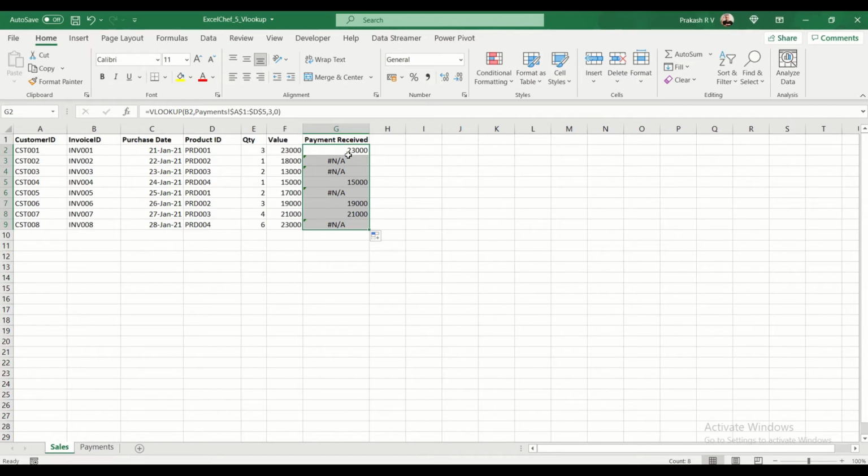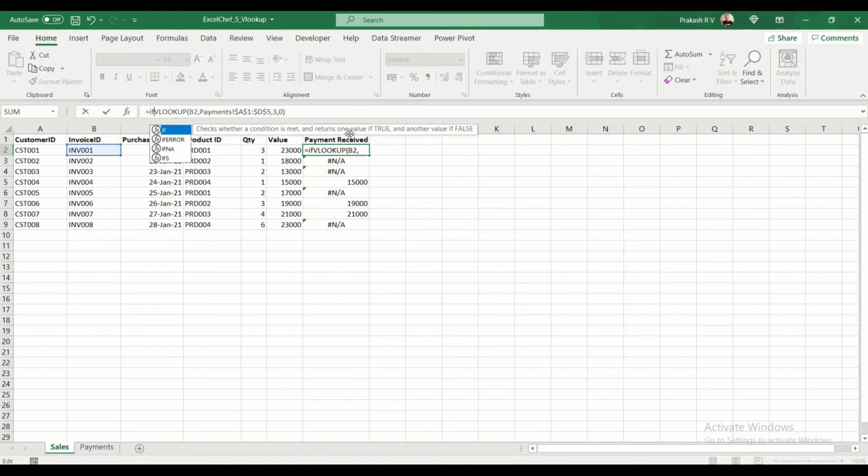One of the things is that now we have NA coming here. This is because this value is not found in the sheet, but it's better to have some defined value. How we can handle an error with VLOOKUP is there is a function called IFERROR. We'll say IFERROR. This is the value, the default value that VLOOKUP returns. But if the VLOOKUP returns an error, the value we want to put is 0.